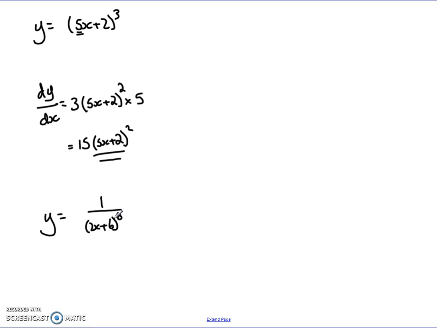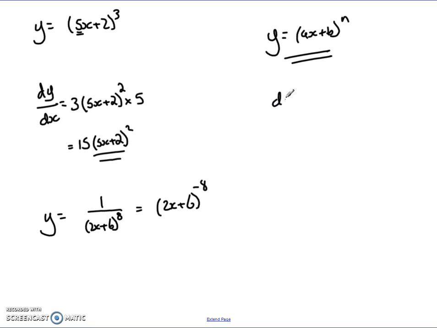If we multiplied out the bracket, because there's a power of 8, and then looked at taking each term all on their own, putting them up, it can't be done. But this rule here, writing it in the form y equals (ax plus b) to the n, and using the derivative of that, actually makes it a lot easier. So if we write it in this form, bring it up, reduce our power to a negative, and get (2x plus 6) to the power of negative 8,